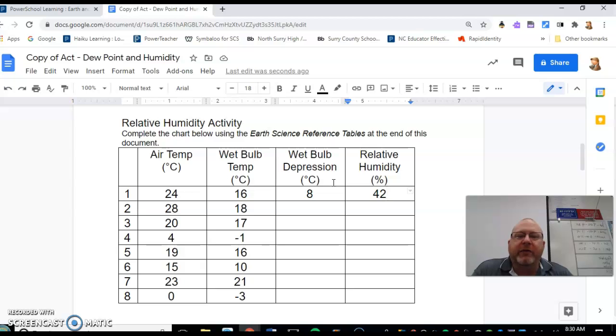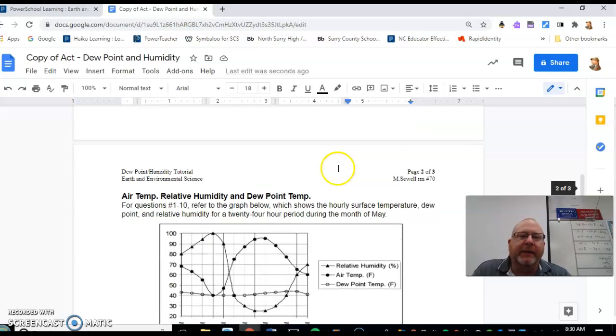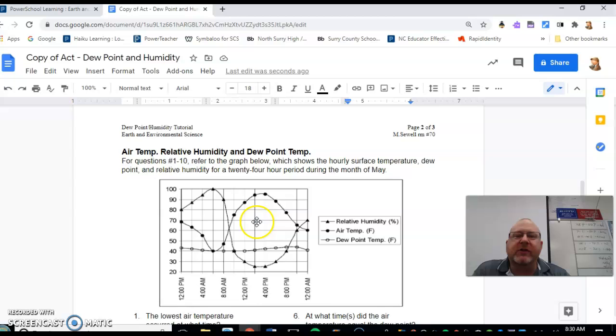Okay, so that's how you do that. The other activity is you're just interpreting this graph. You've got the triangles. The line with triangles on it is humidity. The line with a dark circle is air temperature, and the open circle is dew point temperatures. And you're just trying to figure out what time of day certain things are happening. Like the highest temperature would be,